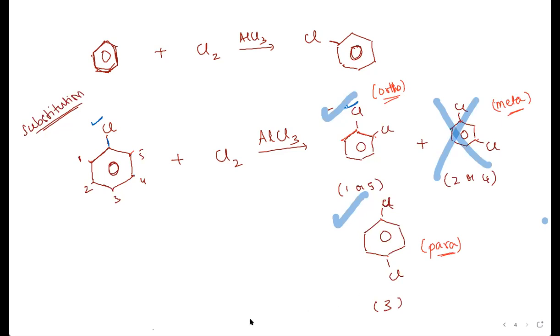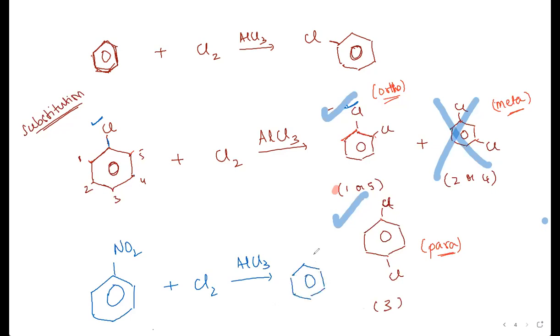All right, coming back to this. In this case, there is more of ortho and para, and you don't get meta, or it is a minor product. Similarly, if you were to do an experiment with a nitro group, on nitrobenzene, if you were to do the same reaction, chlorination, in this case the majority product that was observed is the meta product.